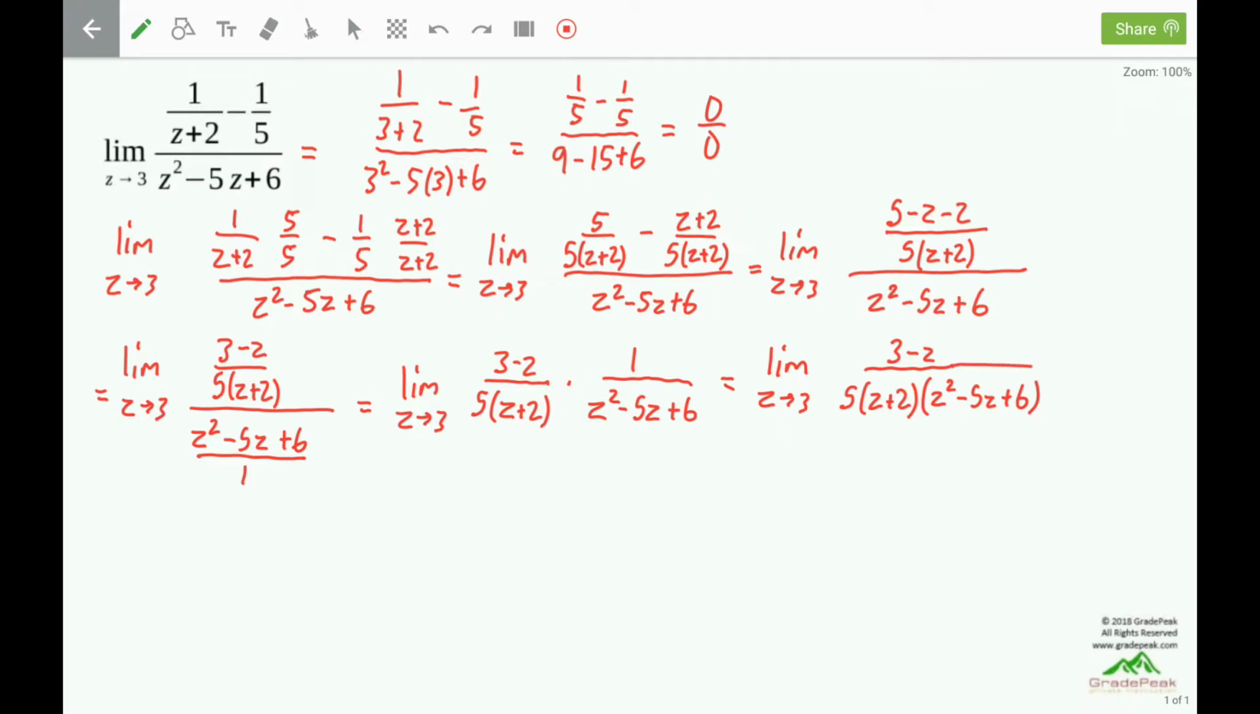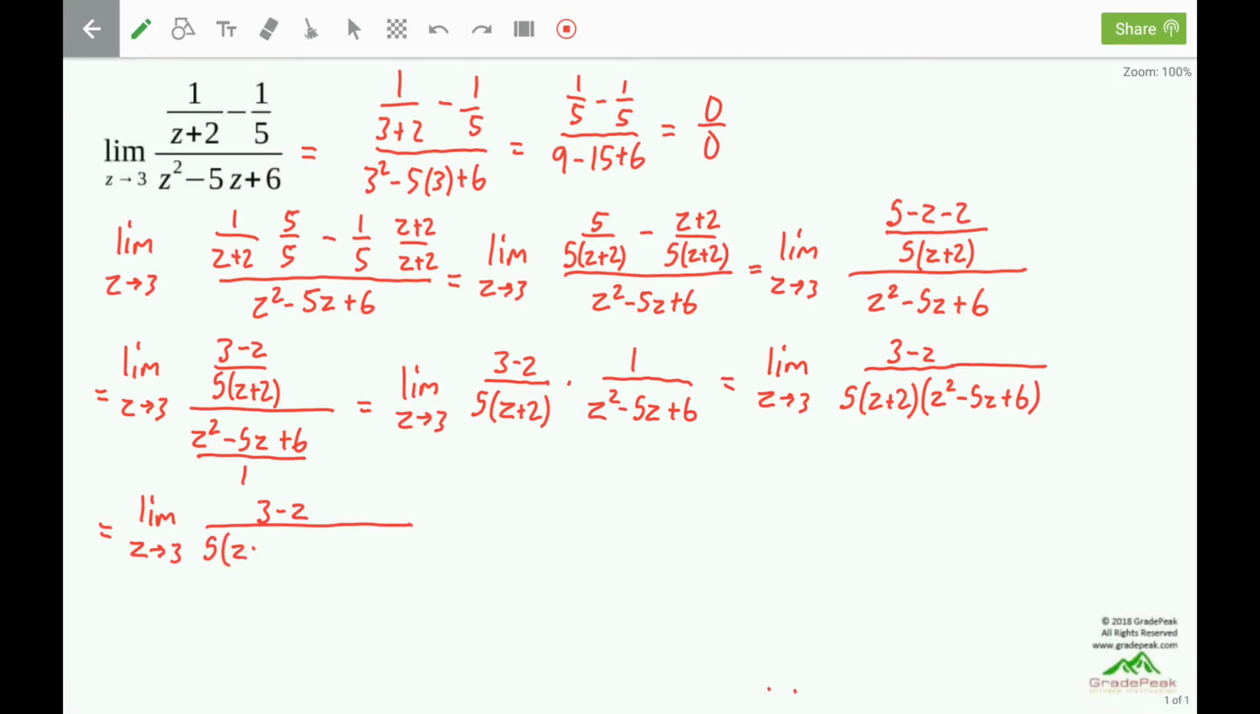Now we still have 0 over 0. We still have not canceled out the factors that are making 0. In the numerator, it's 3 minus z that is making a 0. In the denominator, the 0 is occurring in that expression, z squared minus 5z plus 6. So we need to further factor that so that we can cancel out the common factors. And that's going to give me limit as z goes to 3 of 3 minus z over